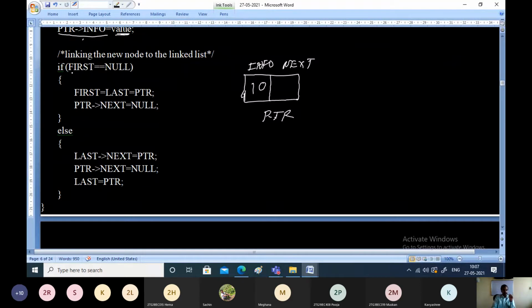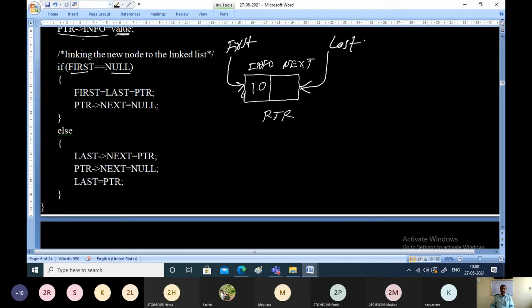Check whether first is pointing to null. If it is true, what does it indicate? If first is pointing to null, that indicates there are no nodes in the linked list, and whatever node you have created just now becomes the very first node of the linked list. So what we are doing is making first and last both point to this node, because this itself will become the first node and also the last node.